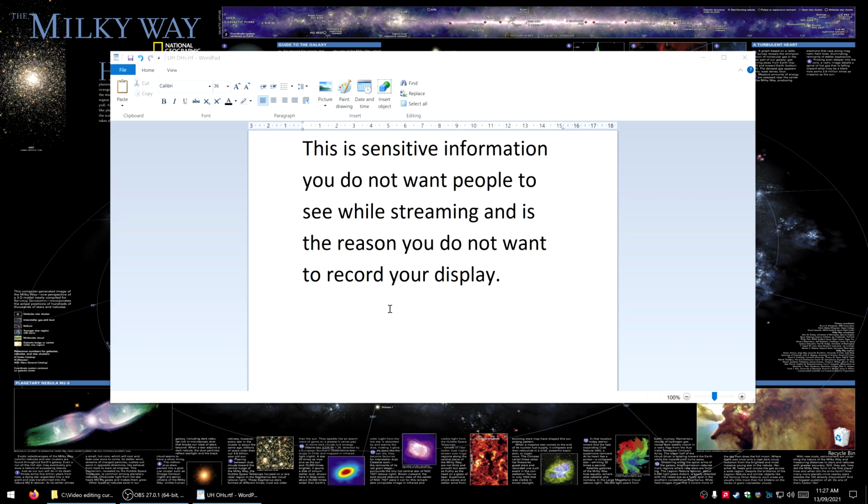Well, this is the first lesson that I would like to teach you in live streaming, and that's don't use your display to record from. Yeah, it sounds like a good idea, and it's good for actually recording stuff that you're going to edit and put up later, because if your game does crash, you can just trim off the section that crashed or whatever. But yeah,